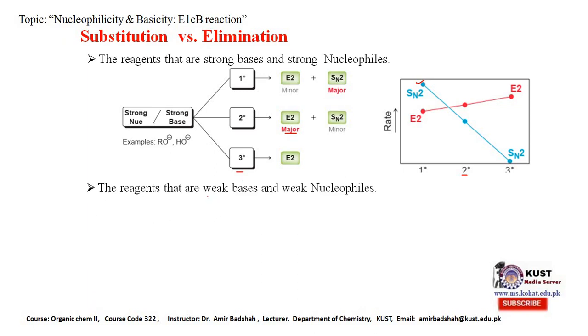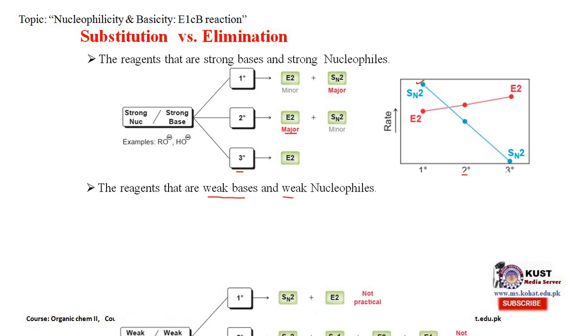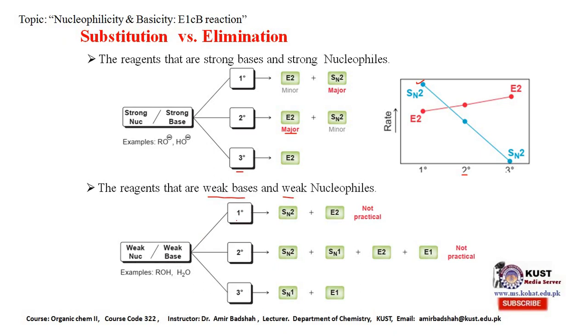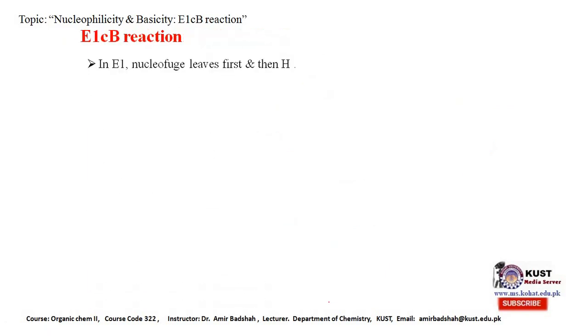If the reagent can act as a weak base as well as a weak nucleophile, then if the substrate is primary, SN2 and E2 are possible theoretically but not in practice. Similarly, if the substrate is secondary, then all of SN2, SN1, E2 and E1 are possible theoretically but not practically. But if the substrate is tertiary, then both SN1 as well as E1 reactions are possible. The last topic is the